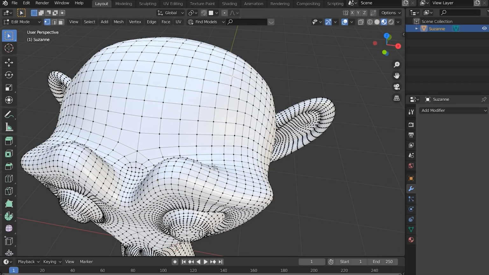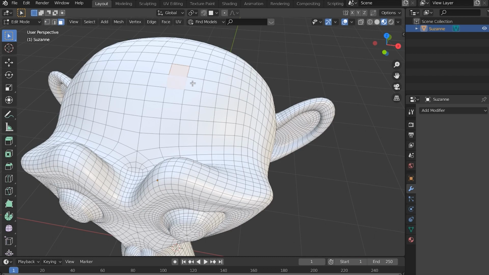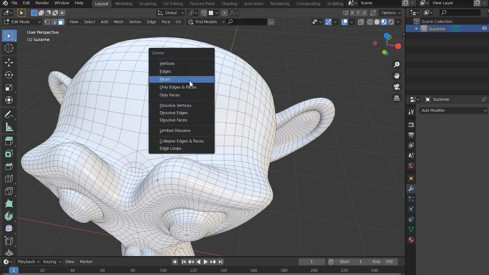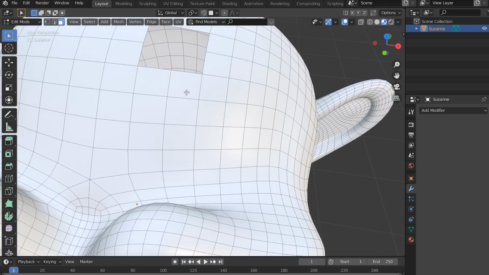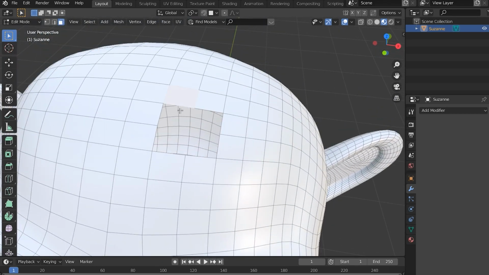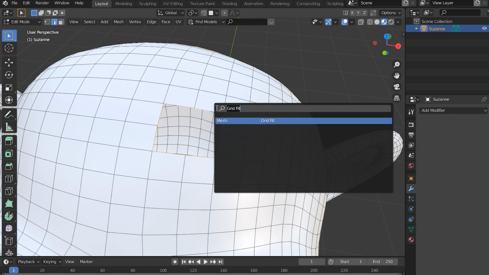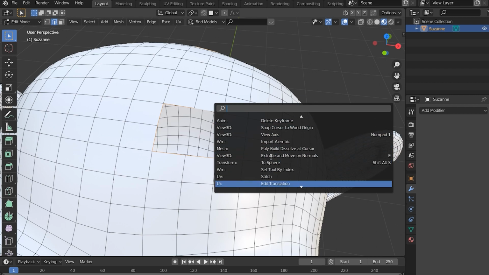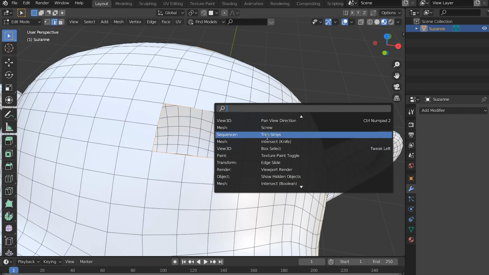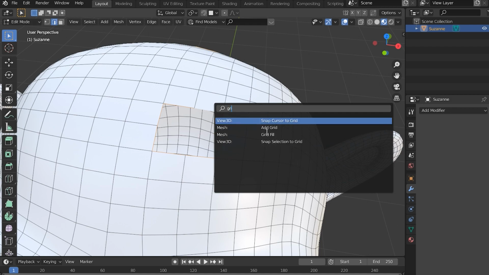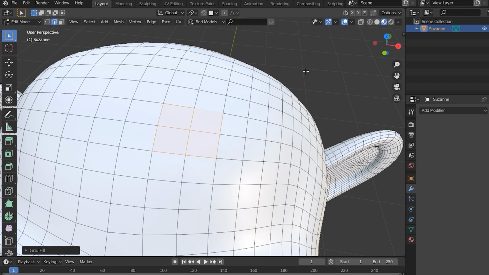Now if you're searching for a tool, let's say I want grid fill, so I'm going to delete these right here, delete the faces, and I want to fill this in with a grid, but I don't know where to find it. I'm going to go into edge select, and I'm going to select all of these edges, and I'm going to click F3 to search, and I'm going to type in grid fill right here, and there it is, grid fill. You can also search for a lot of other things. As you can see, there's a huge list of things that you can find. So if you're a little lost and you're looking for something, F3 is the way to go. And I'm going to do grid fill, and there you go, it'll fill back in my grid.